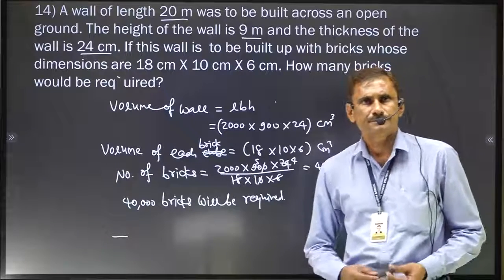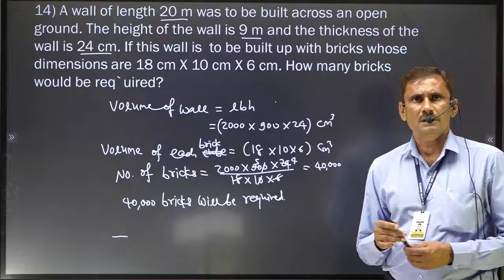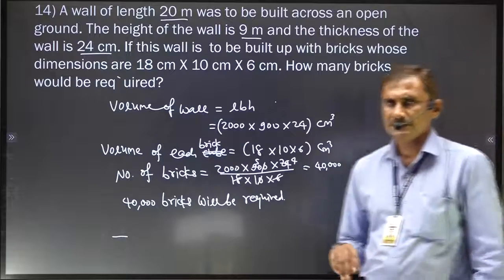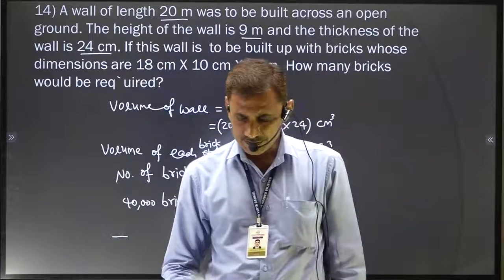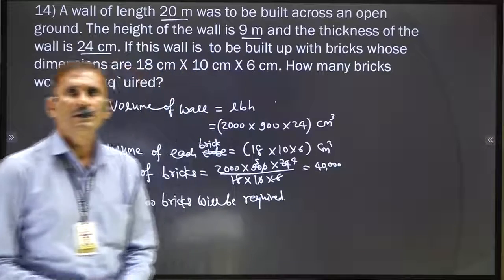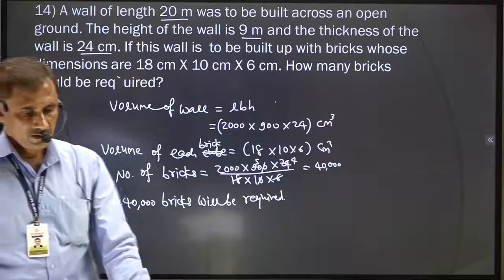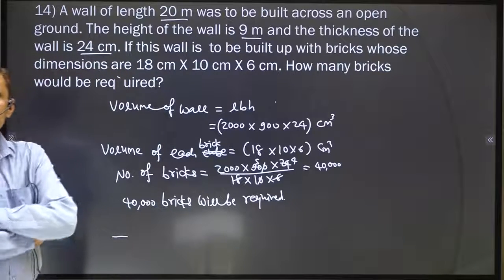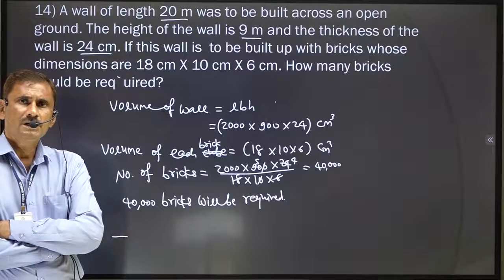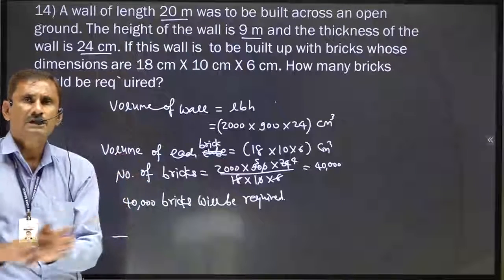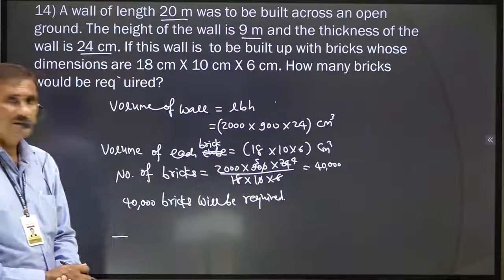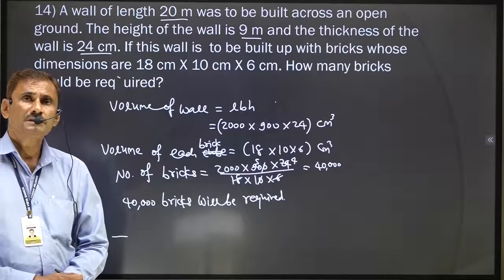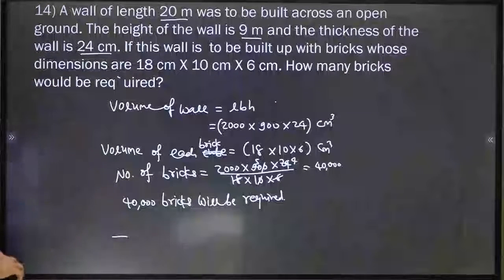Okay, so these are the sums left from exercise 14.2. And if you remember, I skipped a few sums also in this exercise only. They are question number 5, 9, and 11th first. Okay, we will solve it, no problem, but not now. Now in the PDF, whatever questions are there, in sequence only we are going. Then I think in the next lecture or there we will solve the remaining 3 questions also that we already skipped. Okay, so I hope you understood this one.